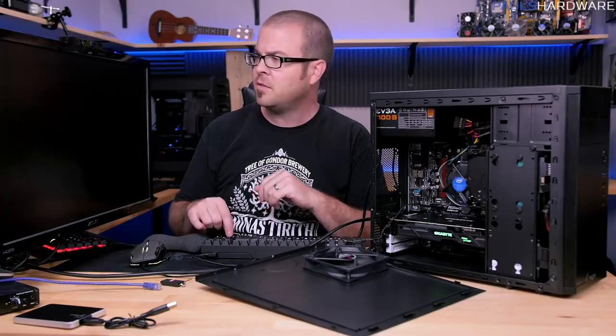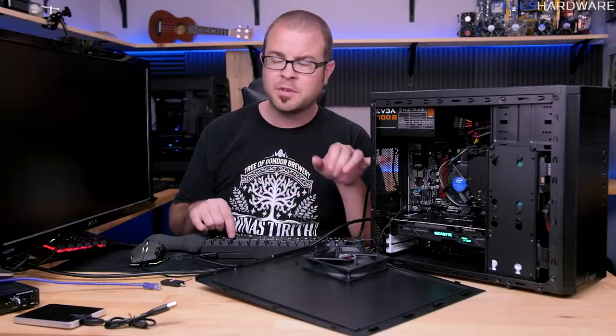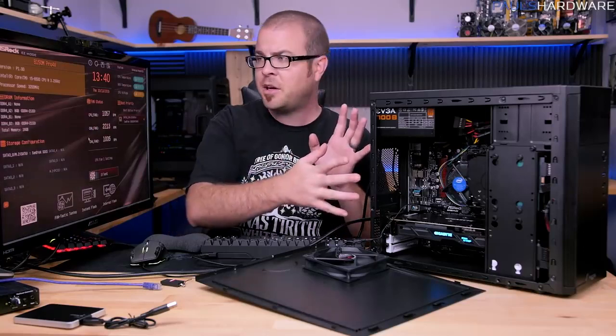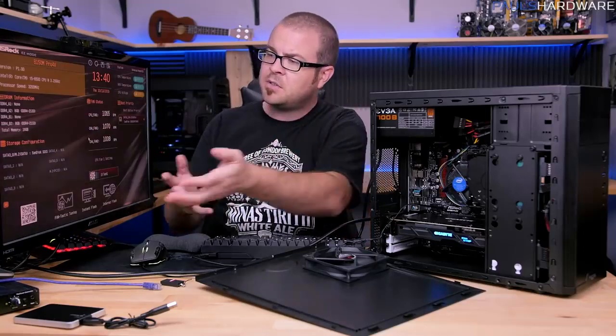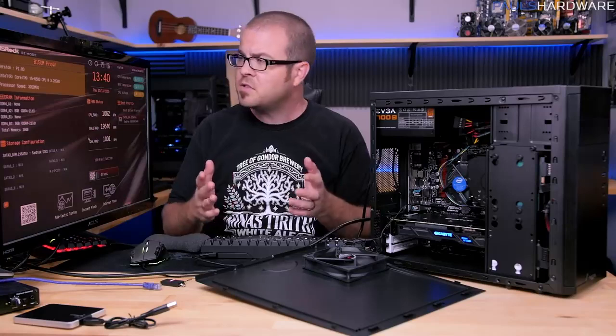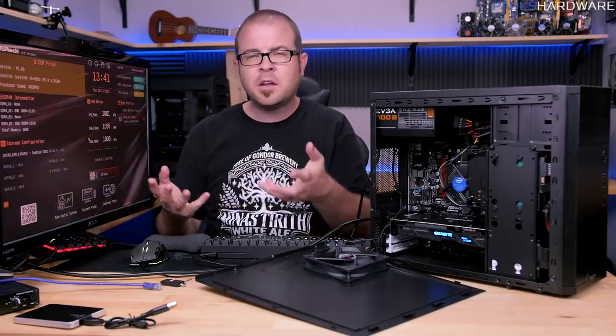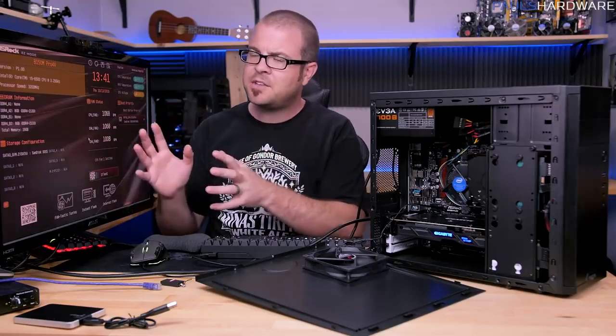I haven't encountered any modern motherboard that uses anything other than delete, but by tapping that button right as the system powers on, it tells the system, let's go into the UEFI, or the BIOS. Now the BIOS or UEFI is a great thing to get a little bit familiar with. You don't need to know all of the ins and outs of it, but basically understand that this is part